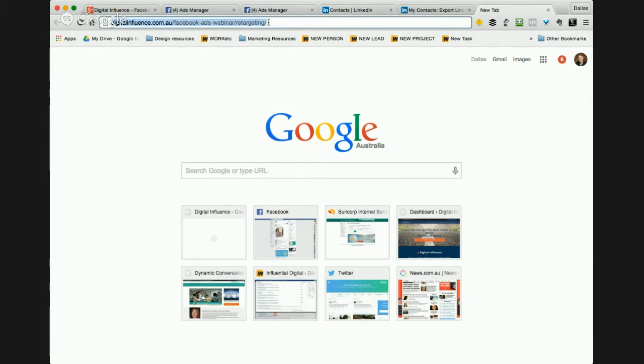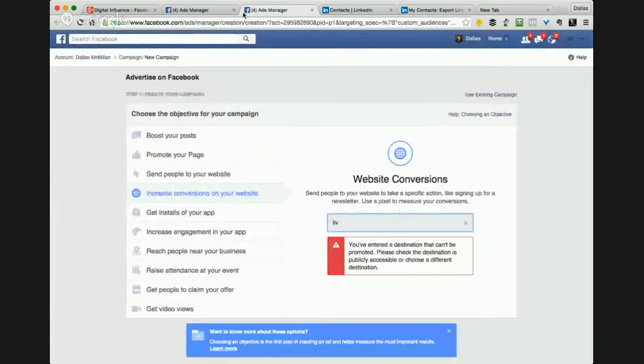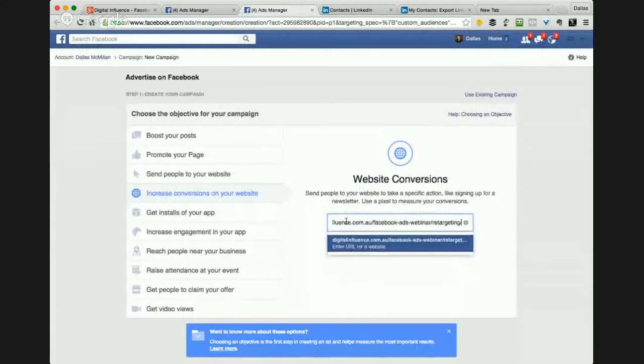In case you haven't seen this before, what I'm doing here is I'm just typing the start of my web address, which brings up Digital Influence, and then I'm extending that and typing a couple of characters of a word I know is in the URL, and that way it finds the URL for me. Otherwise, I've got to go into my website and dig around for it, but your browser remembers all the URLs you visit. So I rely on that all day to go to the web pages I need. So there's my URL. I want to send people to the one that anyone opted in for today's webinar.